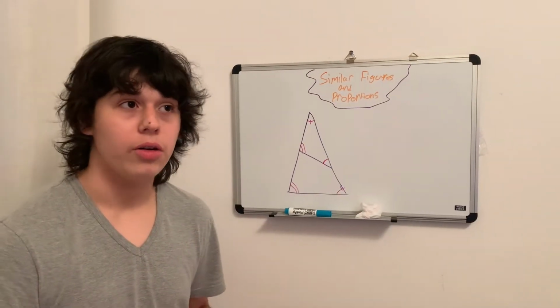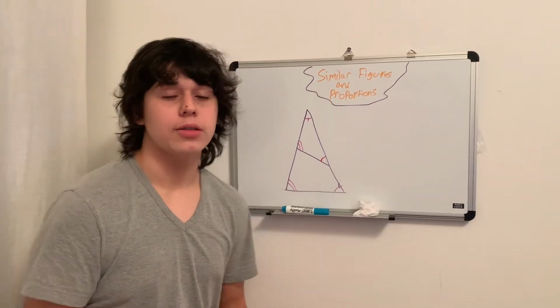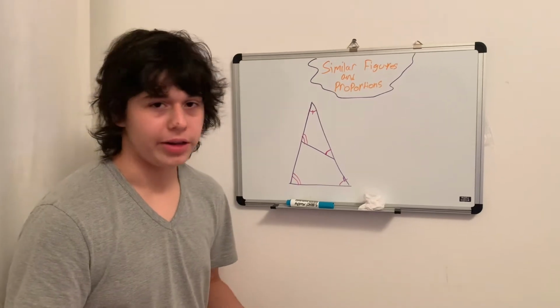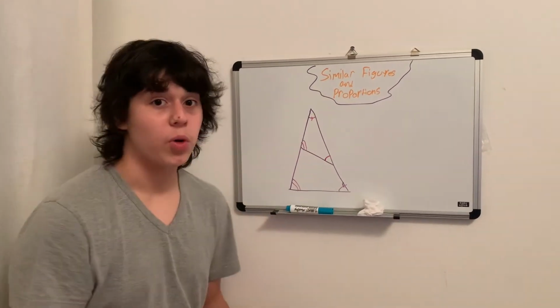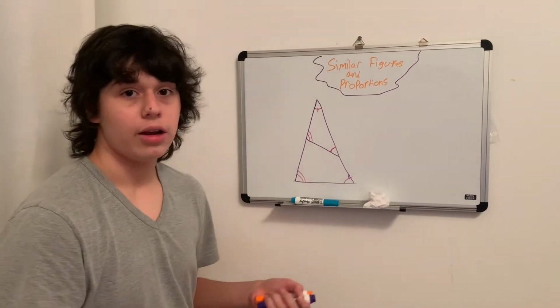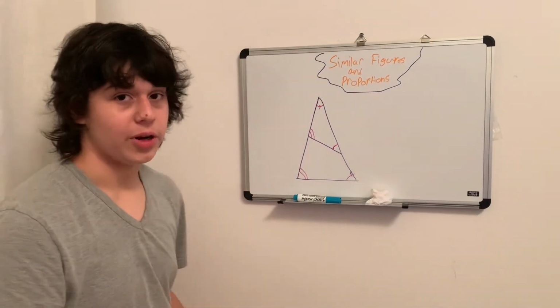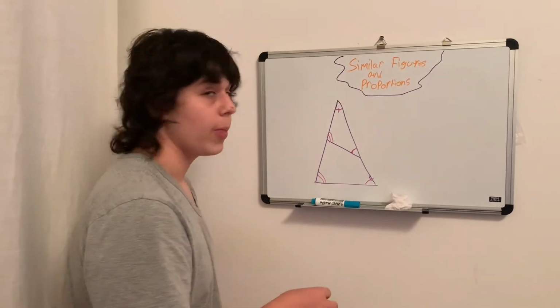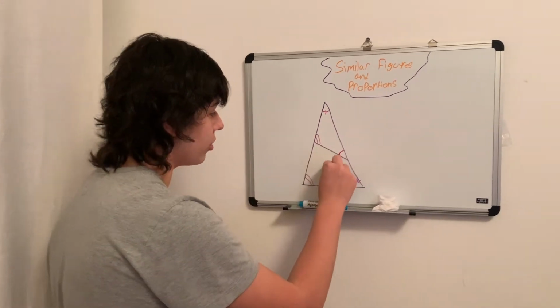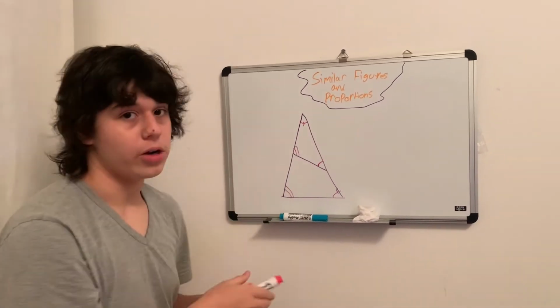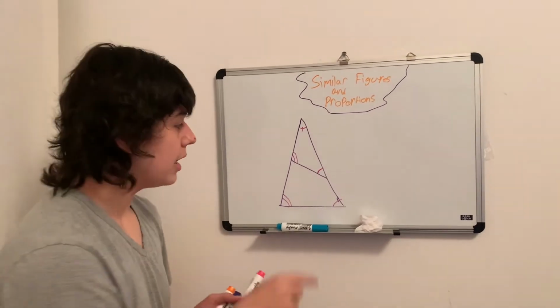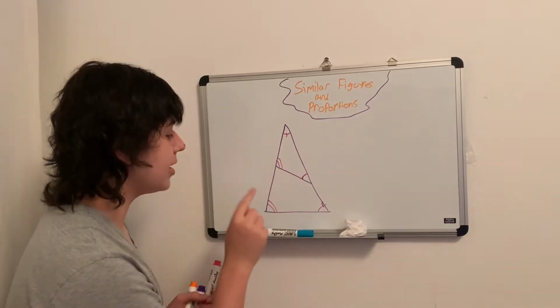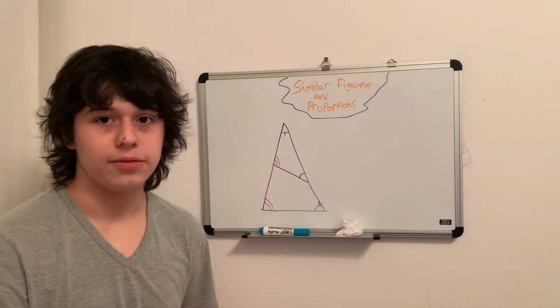So now I'm gonna show you a possible application of this, or just examples of something entirely new. Similar figures and proportions. Let's look here. Right here we have two similar figures, triangles. You have a smaller triangle and a larger triangle, smaller within the larger. And take note, this line is not the same as this line in terms of visual